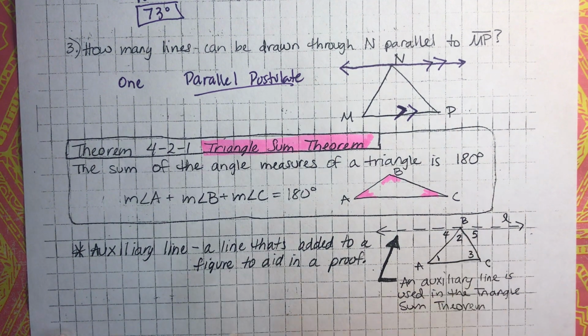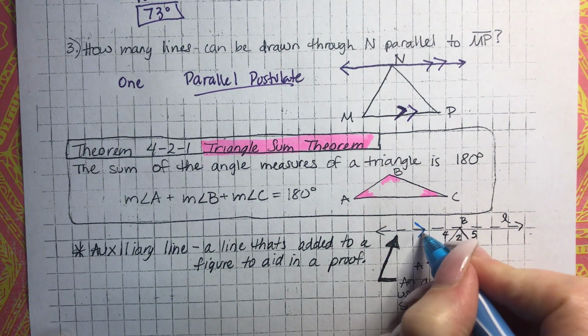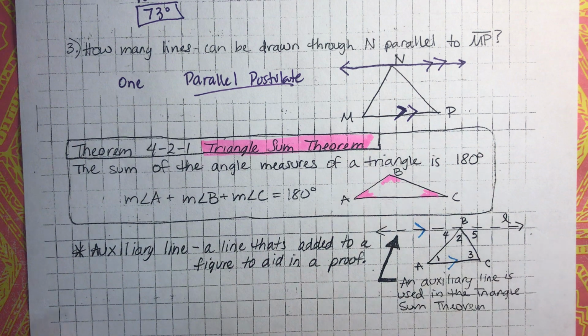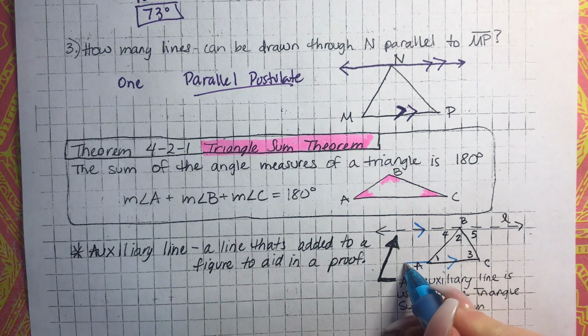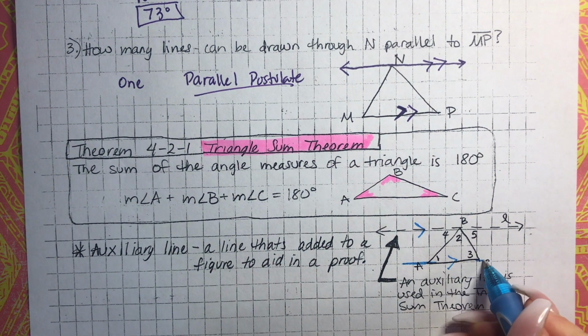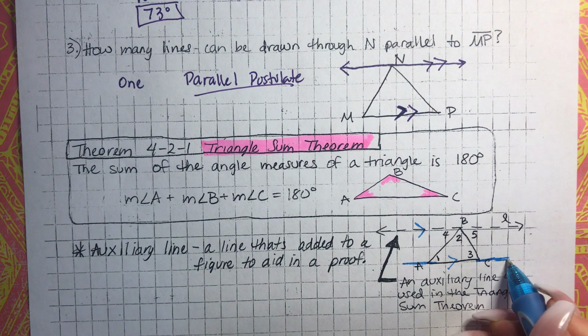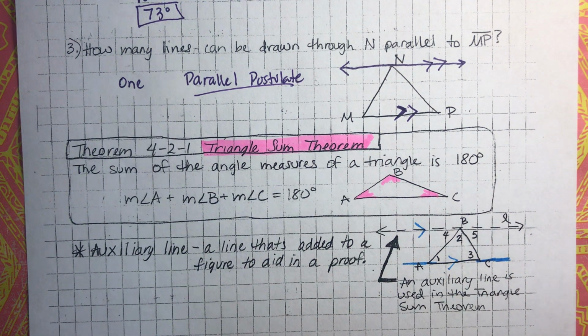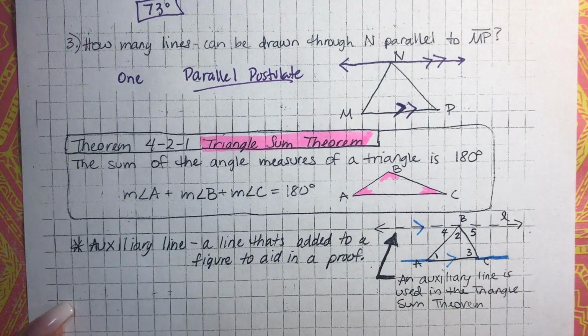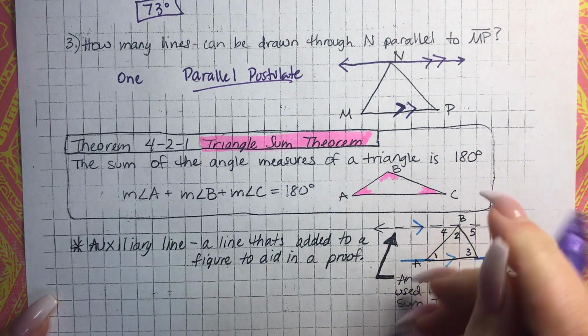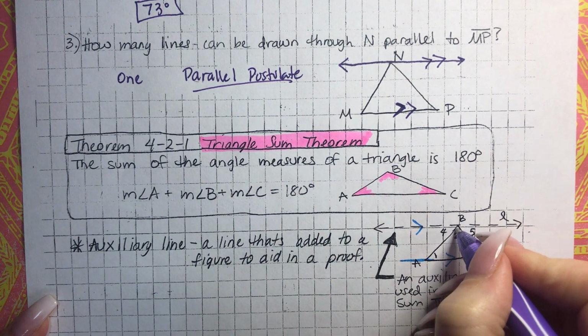So this line here is parallel to AC. Now if I extend AC a little bit longer, and I'm also going to extend this line right here a little bit on this side,